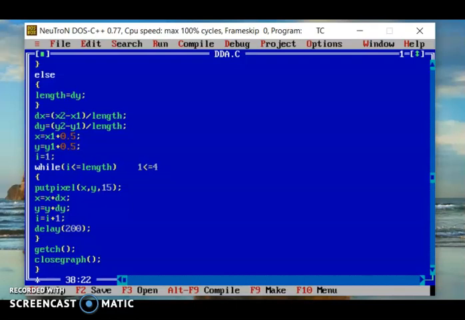Then it will execute putpixel(x, y, 15), where 15 is a color.